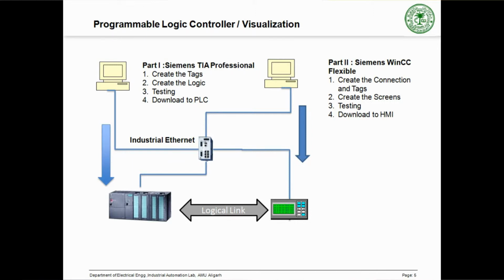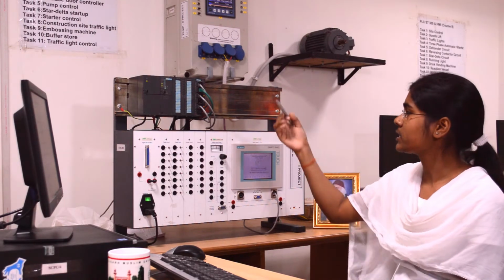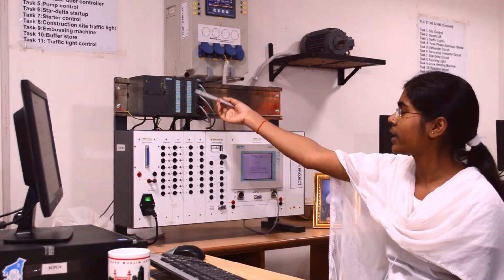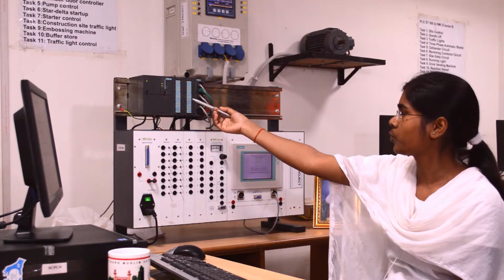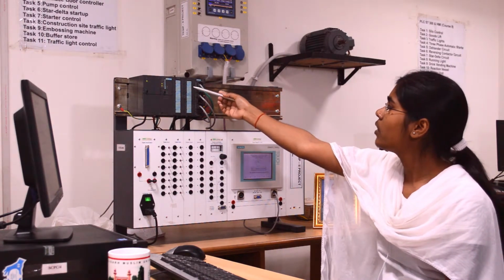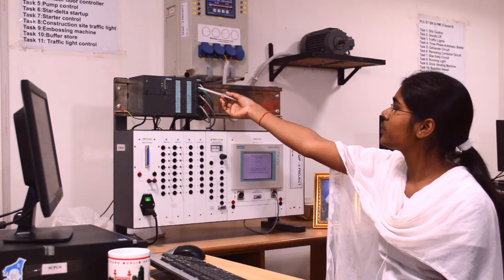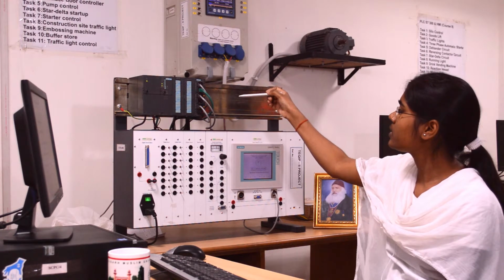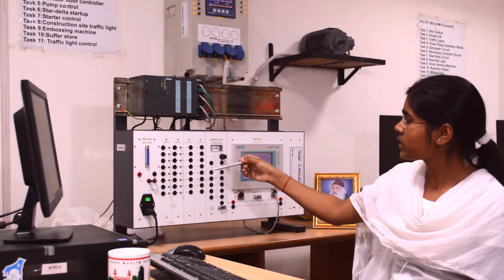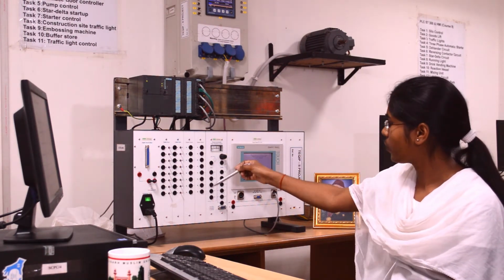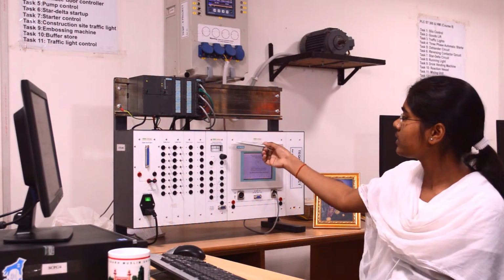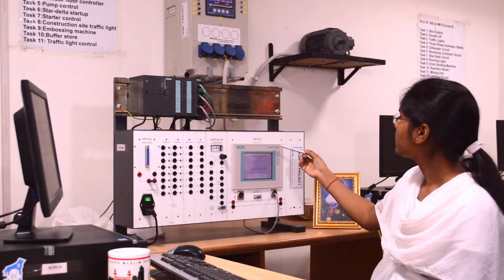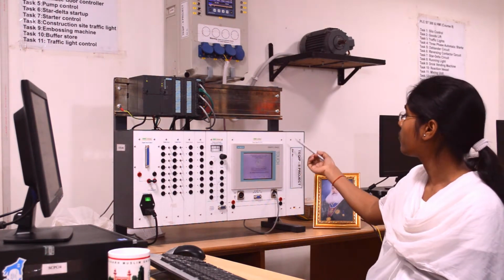Now I would like to explain the PLC hardware. This is the power supply unit that takes AC supply as an input and gives 24 volts as an output. This is the CPU unit. In our case, we are using a CPU 314C-2 PN/DP. This is the input output module and this is an unmanaged switch. In this field, we have switches for the digital input and the digital output. This is an analog module. No signal has been taken from this module in our case. We also have a touch panel screen, which is the TP177B from Siemens.